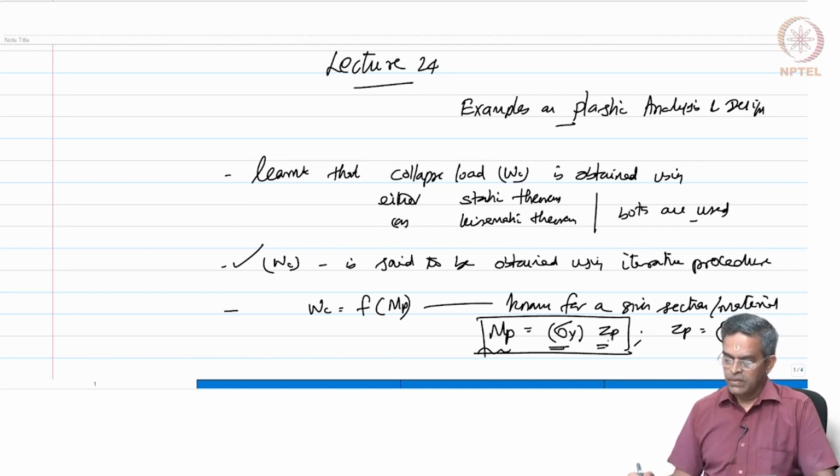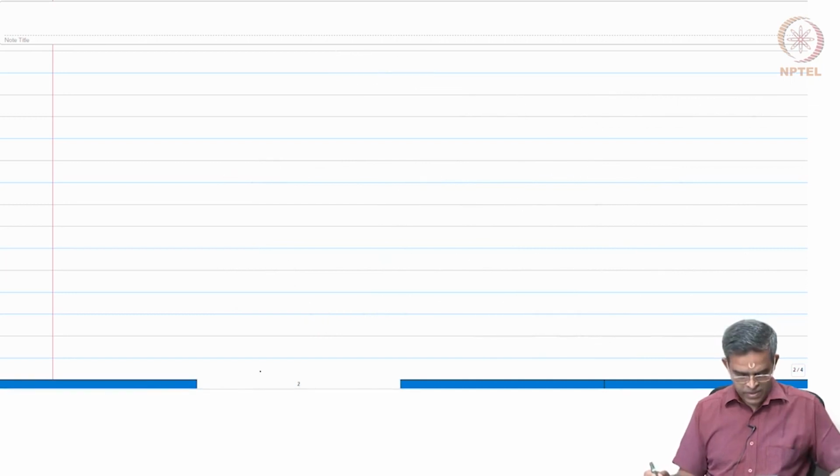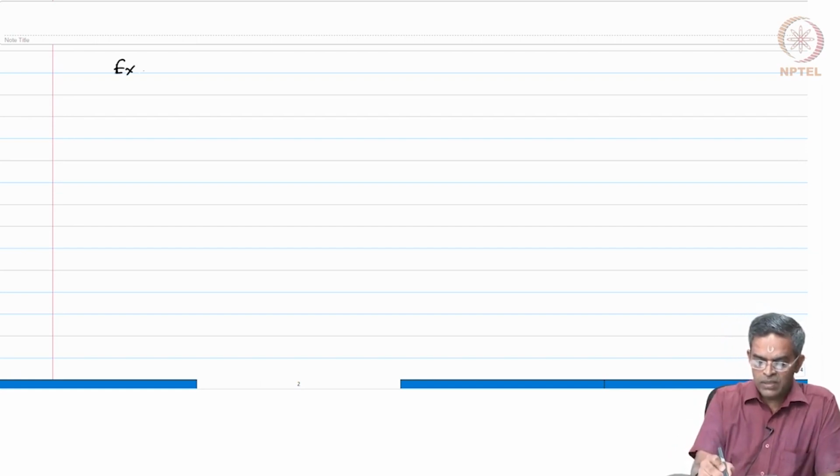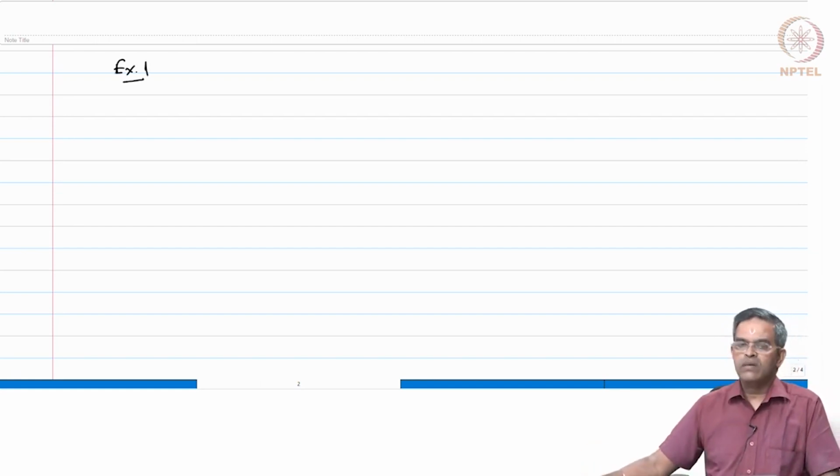Now the collapse load, or the load at which this geometry is intended to collapse, can be obtained by these two theorems, namely static and kinematic theorems. Having said this, let us do a few more examples to learn more in detail about the plastic analysis and also an example of the plastic design. So, in this lecture we say example 1,